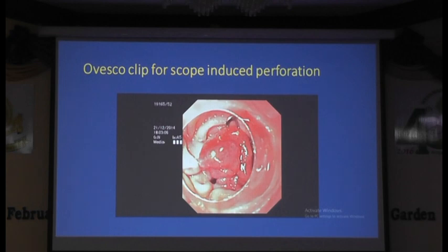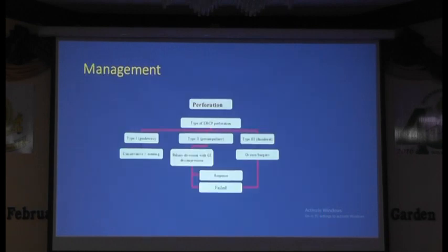So once the ESP patient requires closing the hole, taking out the stone or a tumor, you require stenting, and then the patient goes home within a few days. So the new management for perforation, I would say there are 3 types: guidewire, conservative stenting, sphincterotomy. Either you do diversion, the decompression response is okay. If not, you can think about stenting again. But if not working, surgery will be the last line. But the type 3, 5 years ago, it is algorithm. I used to say that all of them have to go to surgery, but now I put Ovesco, the clip, as